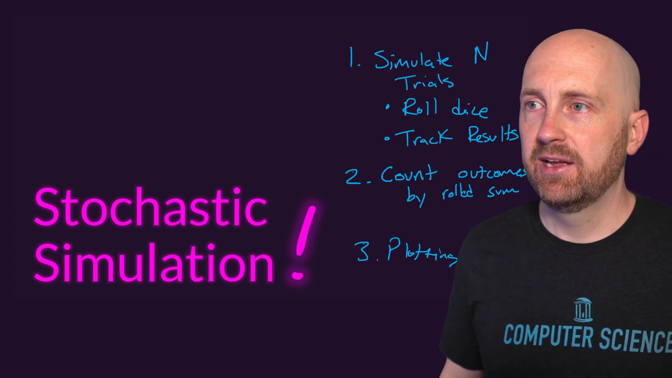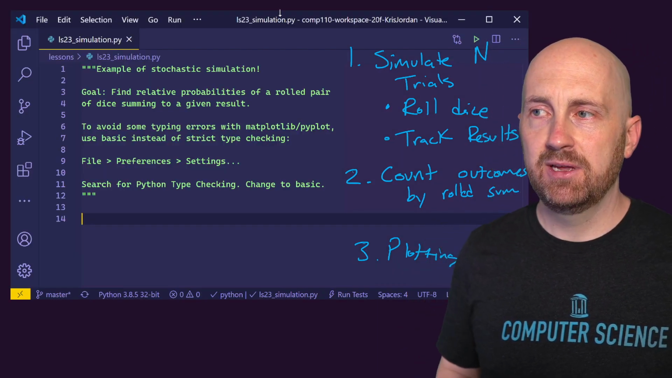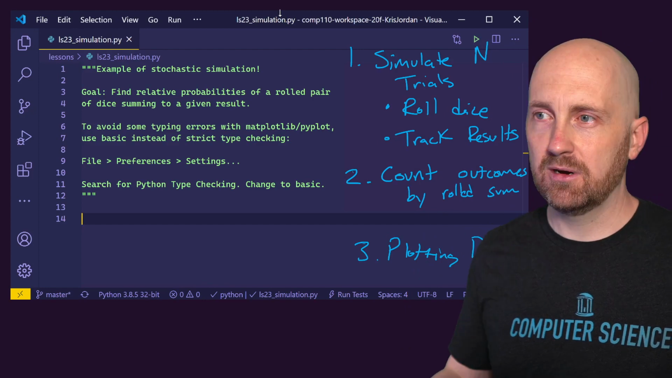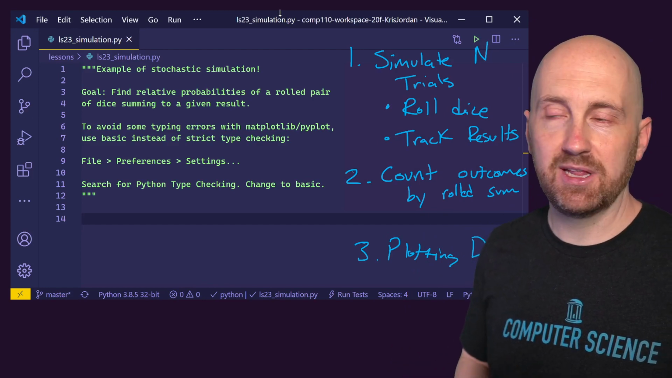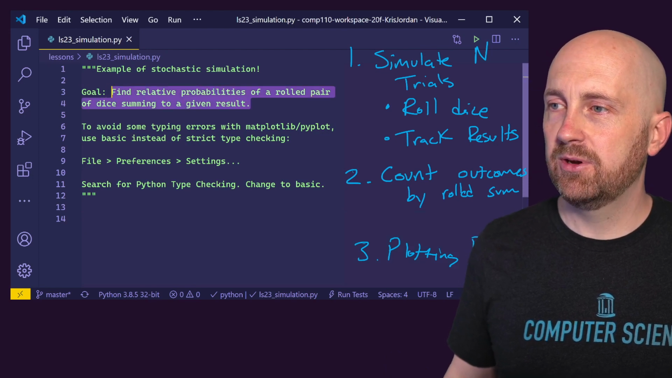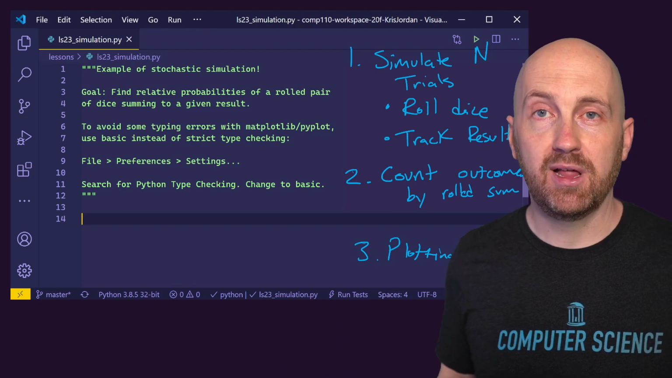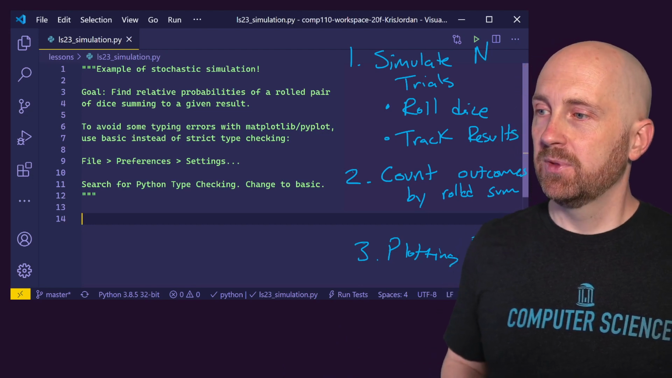I've got a file set up that is a Python file, and I'm just naming this because we're on lesson 23, the simulation Python file. And our goal is to find relative distributions of a rolled pair of dice and plot that result. So what are we going to do? Well,